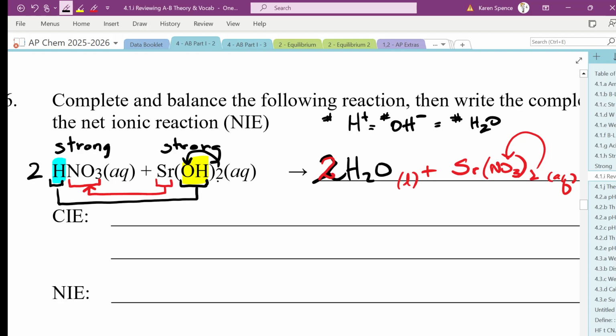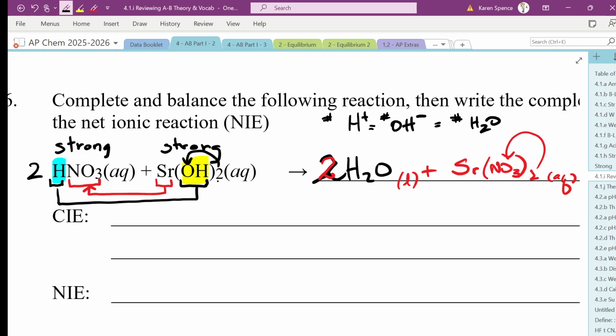So you don't actually have to do the HOH if you don't want to, if that makes it easier for you. That's also a good way to do it. Or you can just eyeball it. Sometimes people get confused when you've got bigger subscripts, but that'll do you.